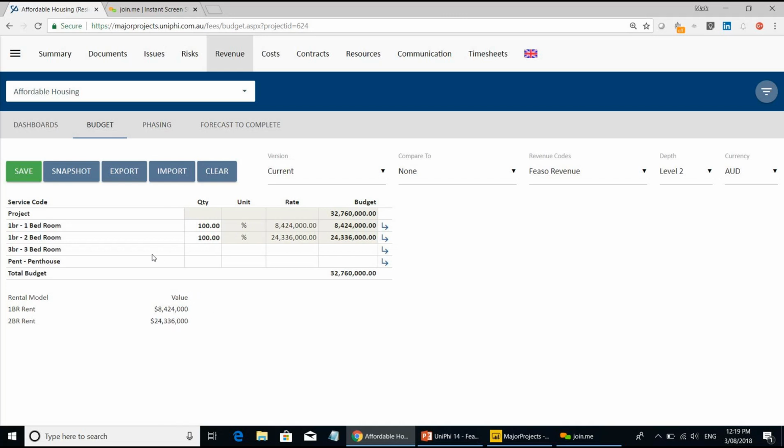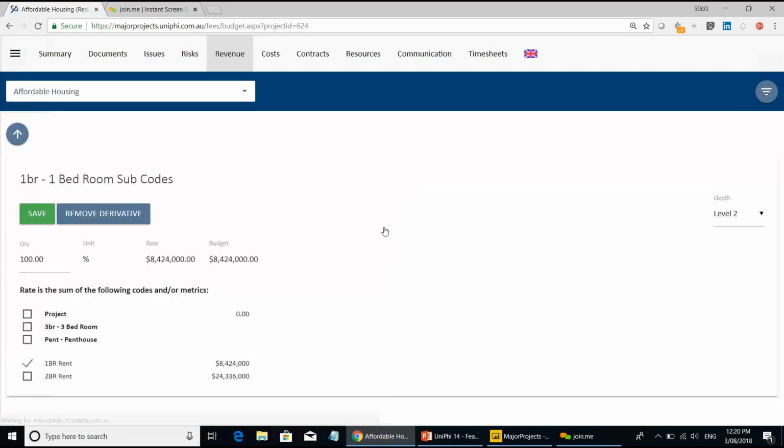Then what happens is, for each of these codes, we derive whatever's in the metrics down here into the model. So if I click this little drill, you'll see that it's derived 100% of the one bedroom